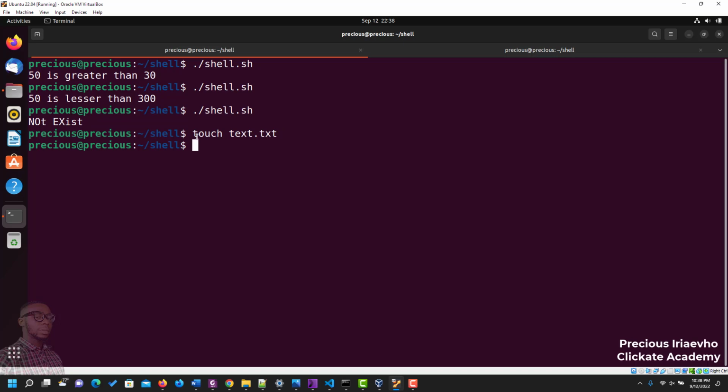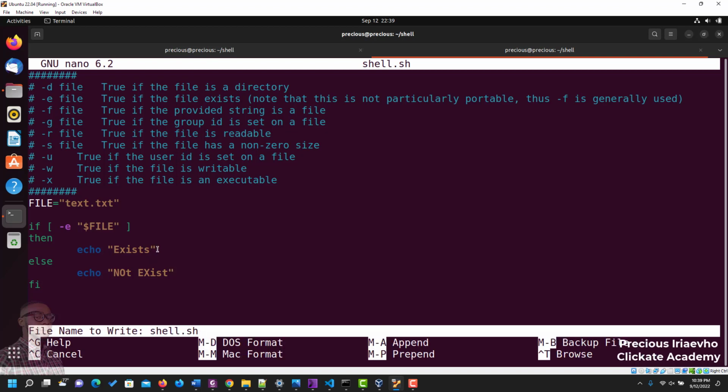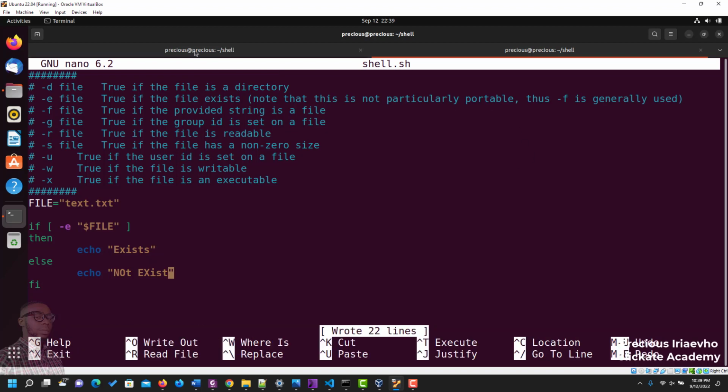touch test.txt. Now let's run the command again, and now the file exists. The other one is true if the provided string is a file. So it's also going to be true because it is a file. Remember, if we run it and change this to -f,